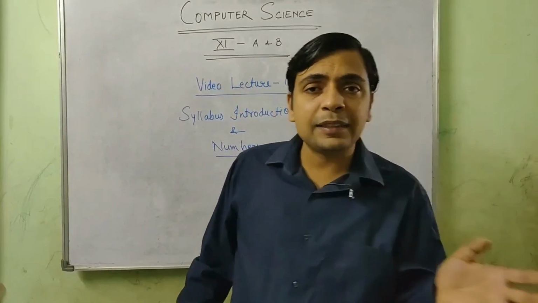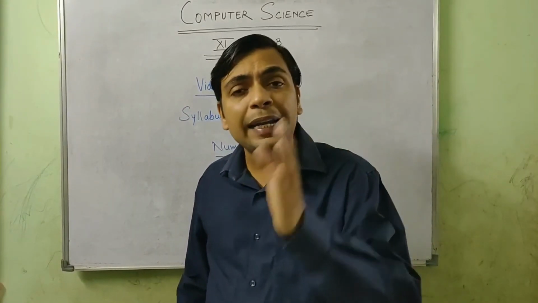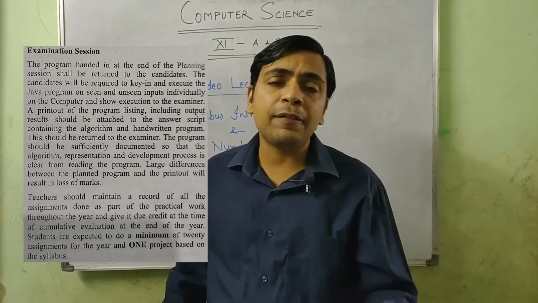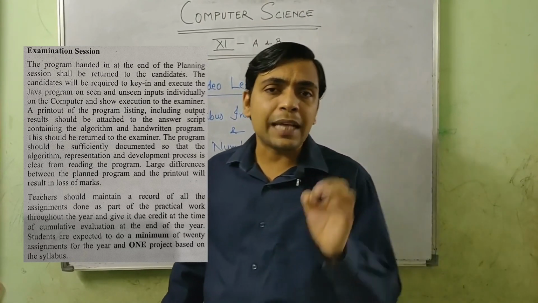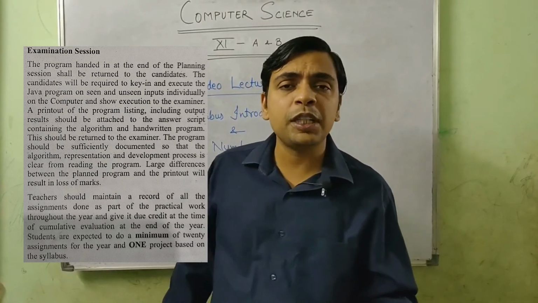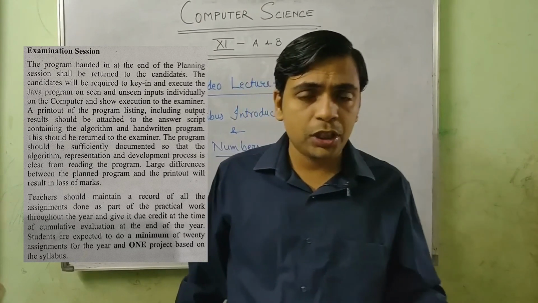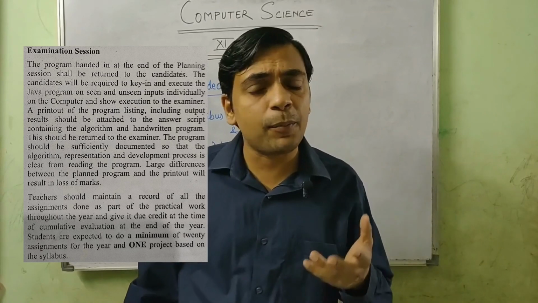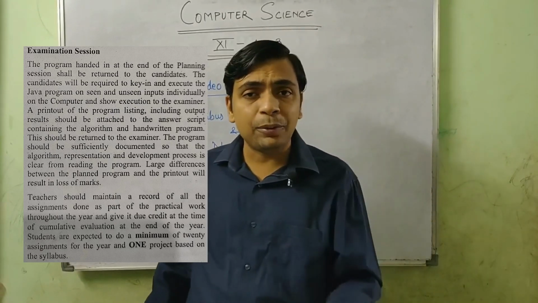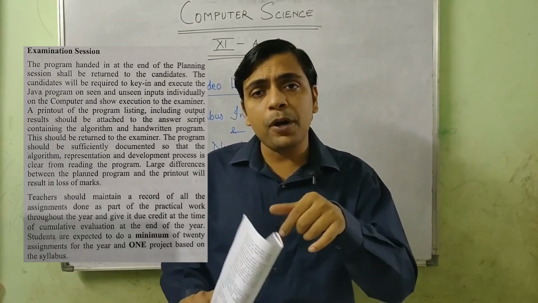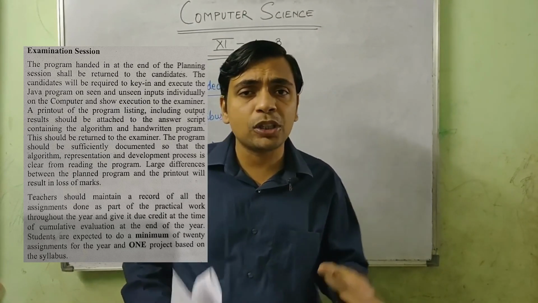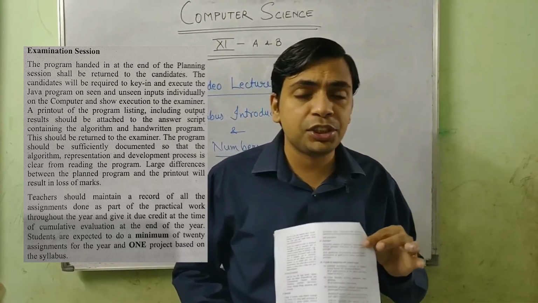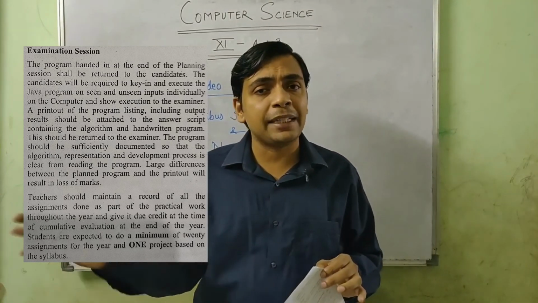After your planning session, you will write down the whole code in your computer system, and then you have to run that program for the sample output that is given in the question itself, and for some random inputs which can be given by the examiner. If your program runs successfully for both of them, then you have to take a printout, and attach the printout or hard copy of your program and the output along with the examination sheet that you have written in the planning session.